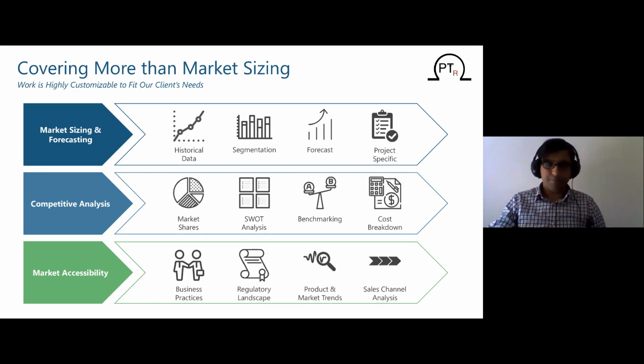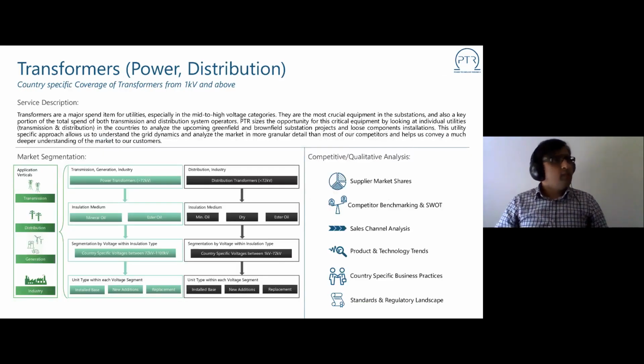Just to give you a deep dive into how this research is conducted, this would be an example of how transformers research is conducted at PTR. As you see, we're covering different applications where the growth is supposed to happen for power and distribution transformers. So looking into transmission sector, distribution sector, generation, and industry. And then, as I discussed earlier, having a